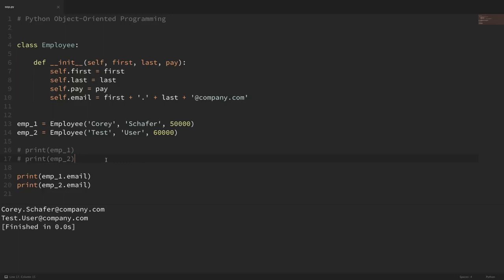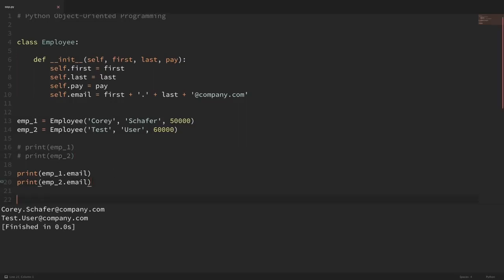Okay, so everything that we have so far, like the names and email and the pay, are all attributes of our class. Now let's say that we wanted the ability to perform some kind of action. Now to do that, we can add some methods to our class. So let's say that I wanted the ability to display the full name of an employee. Now this is an action that you'd likely need to do a lot with a class like this. So we can do this manually outside the class. If I was to come down here and do print, and I could get the full name just by putting in